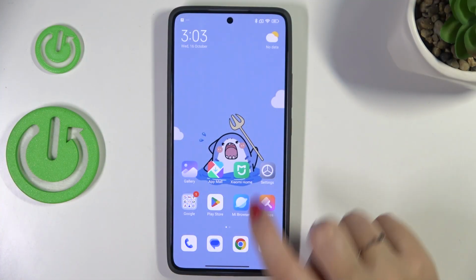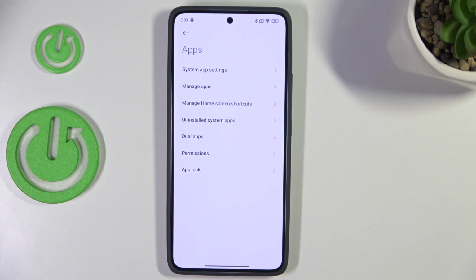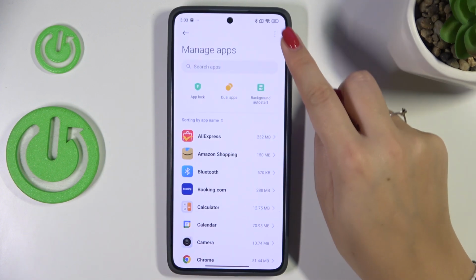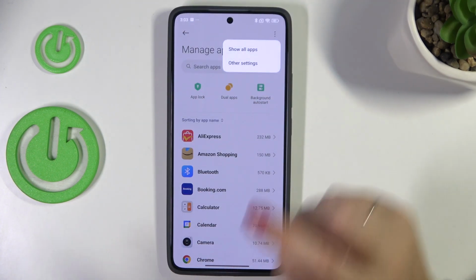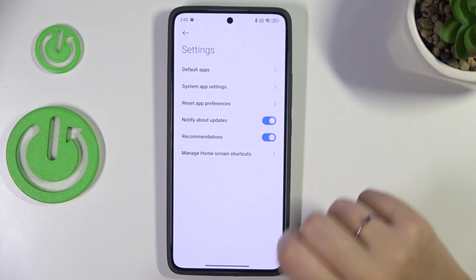So let's start with opening the settings, and here we have to scroll to find the apps. Now let's tap on Manage Apps, so the second option, and three dots icon in the right upper corner. Now let's enter Other Settings, and here on the third position we've got the option we're looking for, so let's